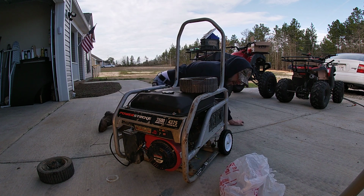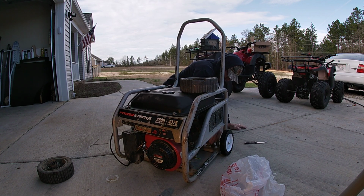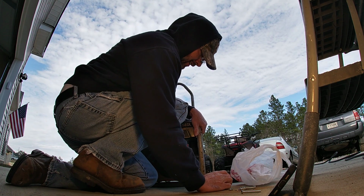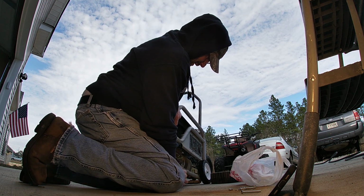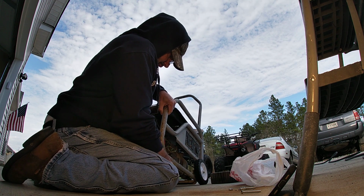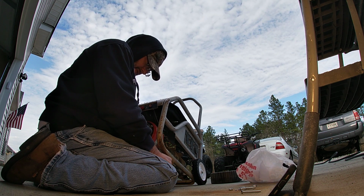This looks like a bad idea because I can already see this wheel leaning. So we're definitely gonna have to figure out how to shore that up. I was thinking to myself, a lot of people, why take all the extra time to do stuff the right way when you can do it a different way? But sometimes a different way ain't always a good way. But when you ain't got stuff and you're limited on your stuff,